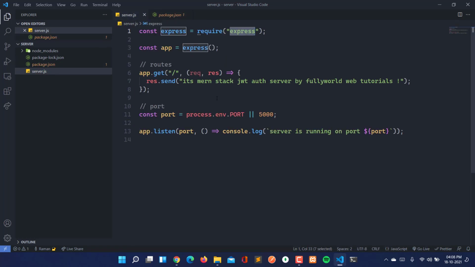But today in this video we are going to set up the database, as well as the .env file, and we will see how we can set up the .env file and how to set up the database for our registration system. So now without wasting any time, let's get into it.